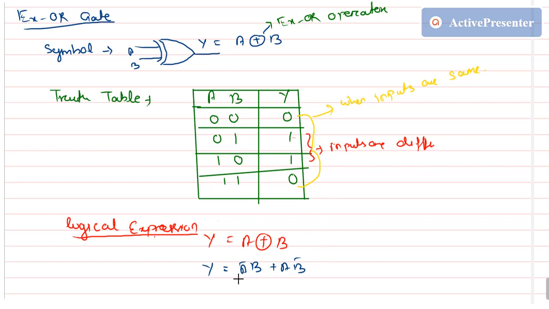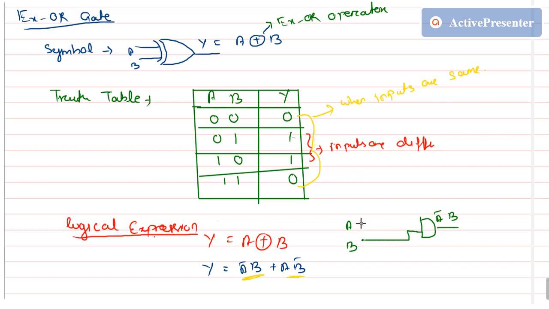Now we have to implement this logic. So how can we implement this logic? You see here, A bar B is an AND gate, and A B bar is also an AND gate. So let us try to draw this circuit. First we have an input A, and second we have an input B. Now A bar into B means I need an AND gate here. The output of the AND gate will be A bar B. So I have B directly here, I connected it.